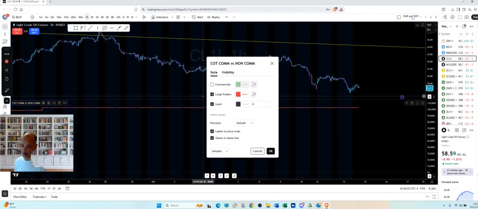These are the large traders, the large speculators, like the hedge funds, not your producers. So more like your brokerage houses, your hedge funds and your managed funds, the big traders. They're speculators like you and I, but obviously they operate with a heck of a lot more money, and they